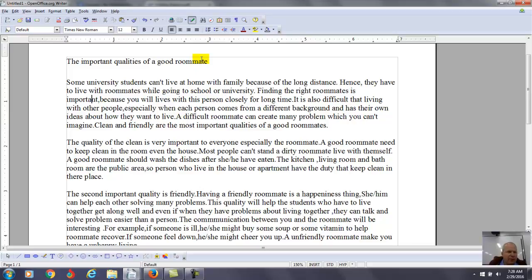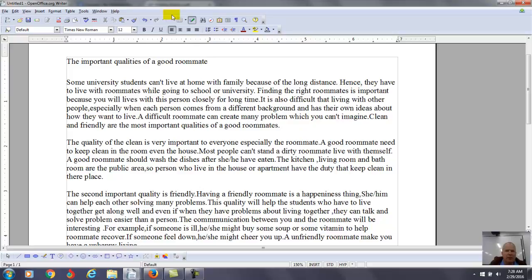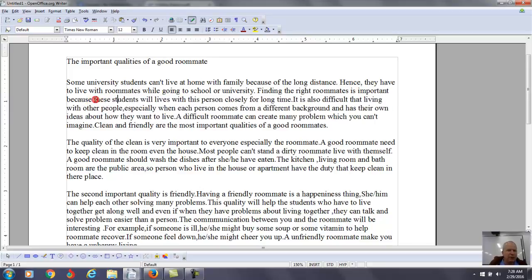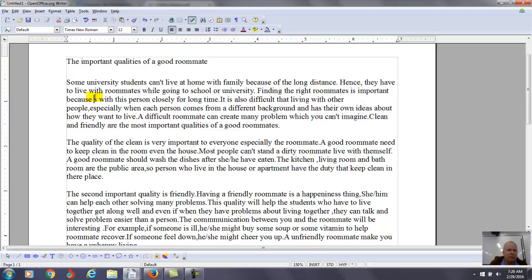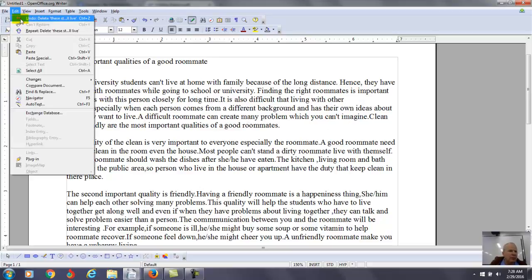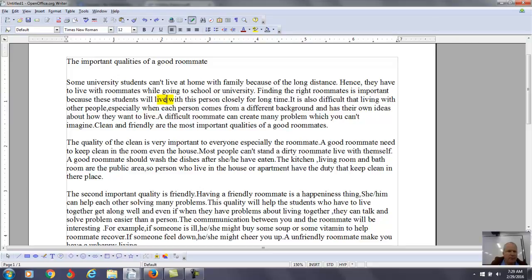Finding the right roommate is important here because you said here in the beginning they, so we're going to say here again. How about this? You want to change it to these students. These students will live with these persons closely for a long time. It is also difficult